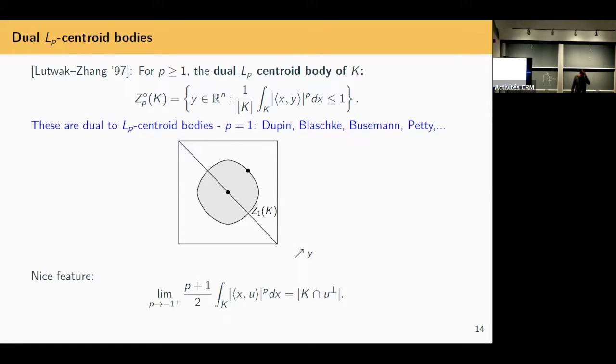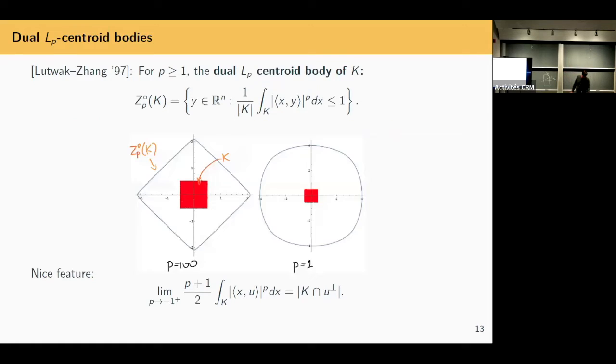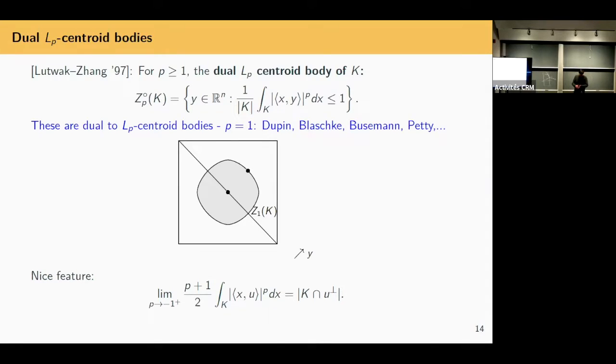Okay, so the LP centroid bodies change this construction with a p parameter, and the dual ones are just the polars of these. Okay, so I've shown you the picture. The centroid body is a collection of centroids of halves of a body cut. It's inside the body, but the polarity relation reverses inclusions. So the ones that were outside in the previous picture, where K is the starting body, the blue ones, they contain the original body. And this is just a feature of the duality. Okay, so that's a family of sets.